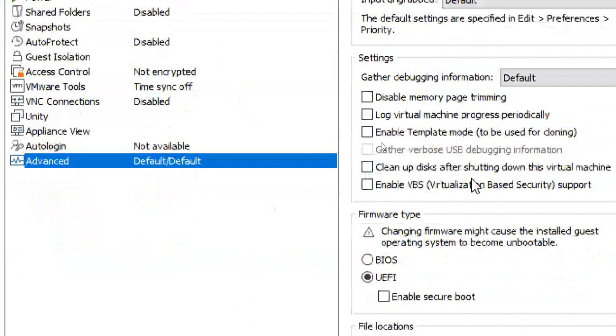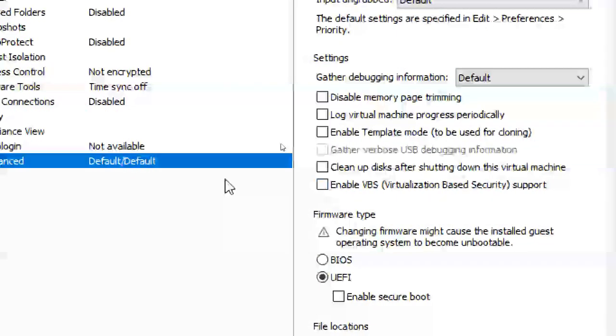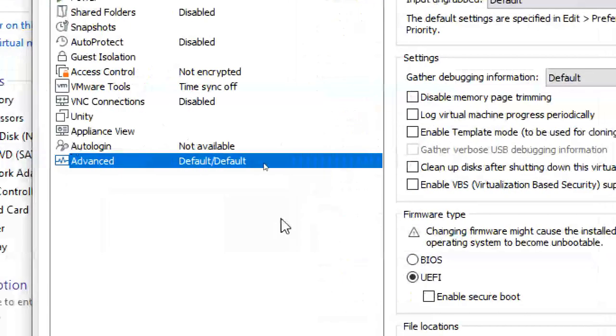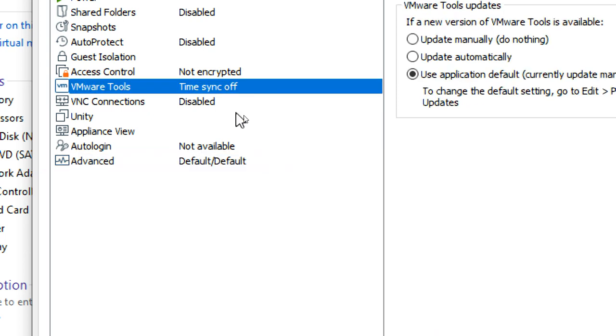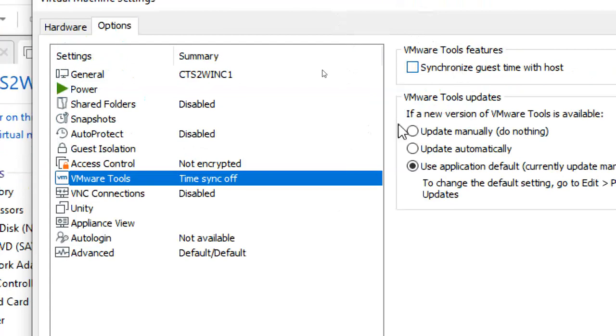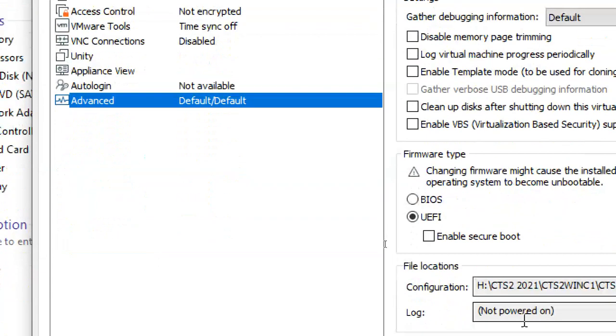You know what is this option? Clean up disk after shutting down the virtual machine. So you created a virtual machine and completed your work. You shut down the machine. Next time you install some application for testing purposes, or put in some data, and then shut down your virtual machine, your work is completed. Automatically the new things will be cleaned. Your operating system is always clean, so nothing will be changed. Next, I'm not selecting anything, guys.